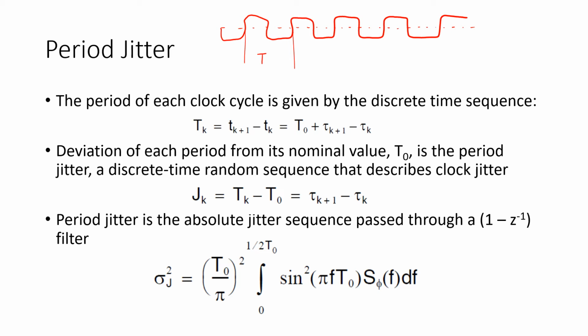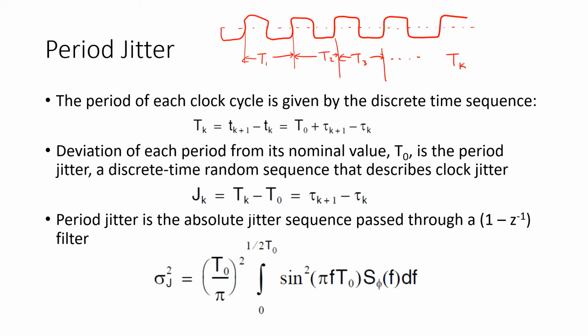So let's say here's the first period, here's the second period, oops, should have taken that just to the rising edge to stay consistent here. Here's the next one, T3, and so on. So defining the sequence, capital TK,